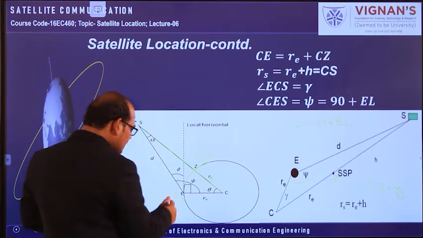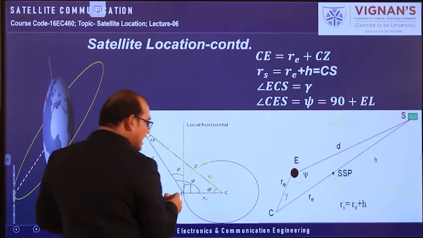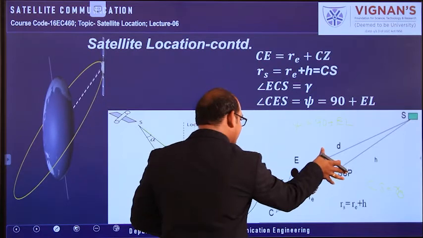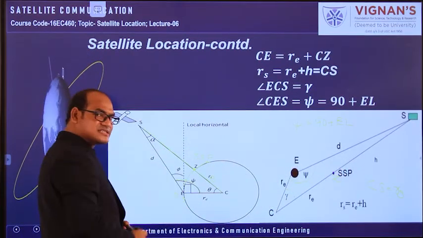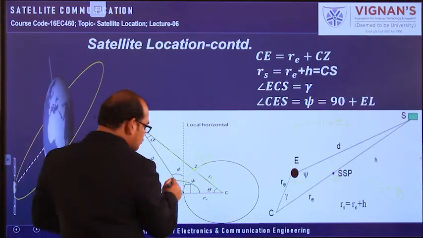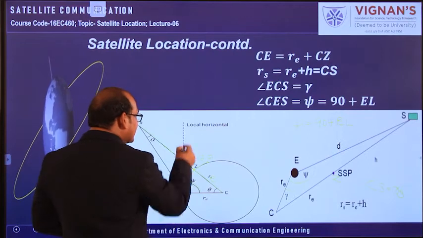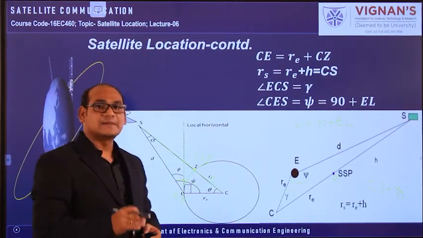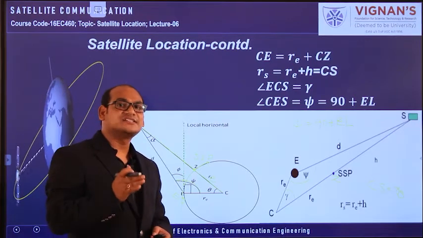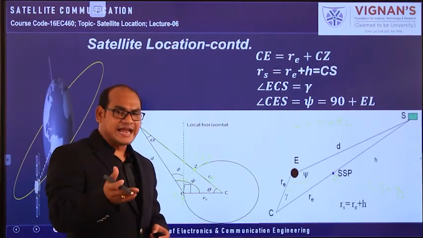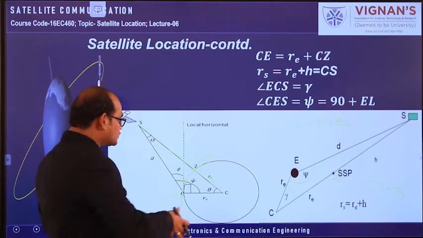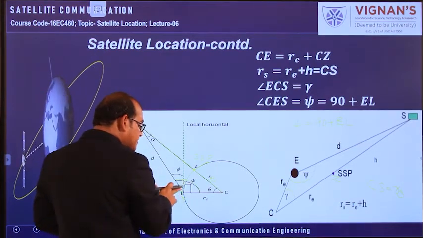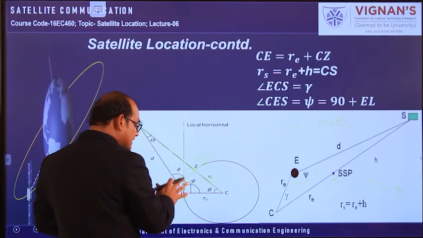Next, this is the psi angle I am going to talk about here. This is psi in this triangle we have represented, and the same triangle we can take like this also with the same knowledge. So here psi is there, and this is a locally horizontal plane. What is a locally horizontal plane? The plane has to be drawn tangential at the earth station of the earth. So this is the earth, and here the earth station is there. The earth station is available at one position on the earth.